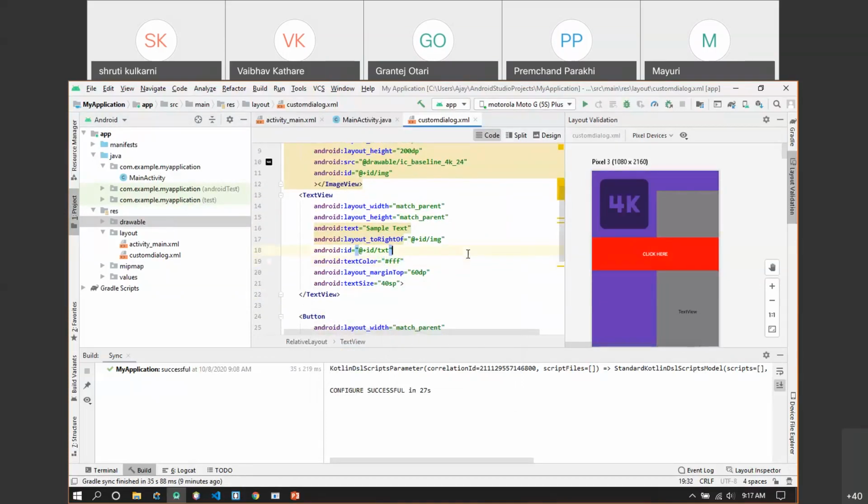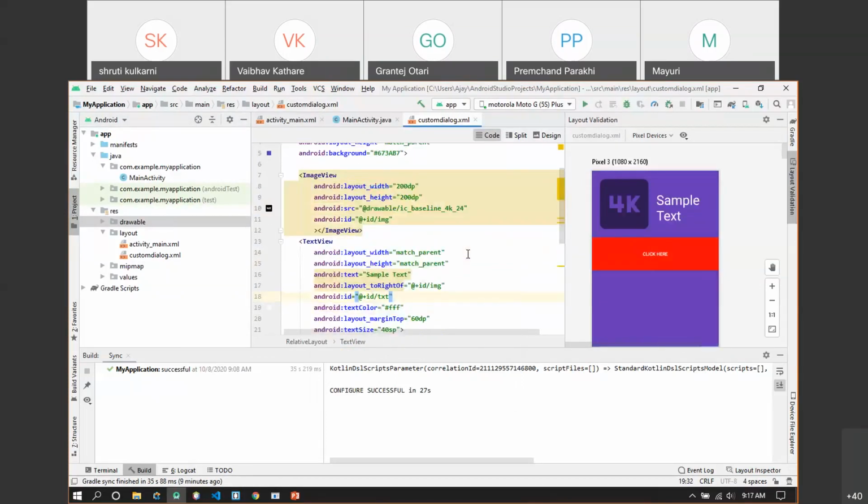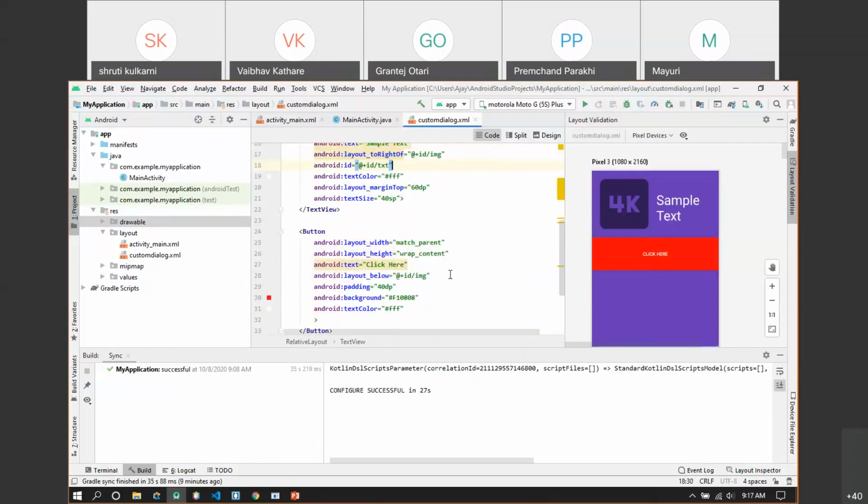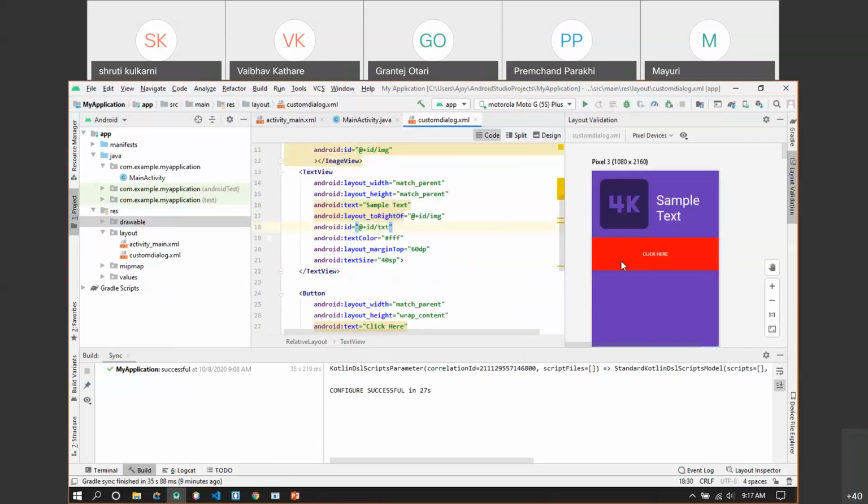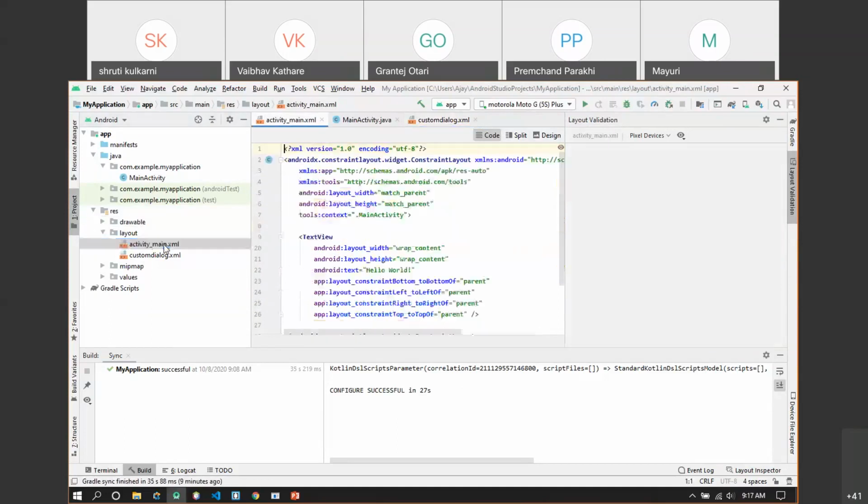Okay. Now due to the less amount of RAM, it is showing in this way. Now here you can see, this is the background of the button that we have set, and the background of the dialog we have set. Now this background has to be displayed for our dialog box. Now how to do that? Okay, so let's go into the activity_main.xml.